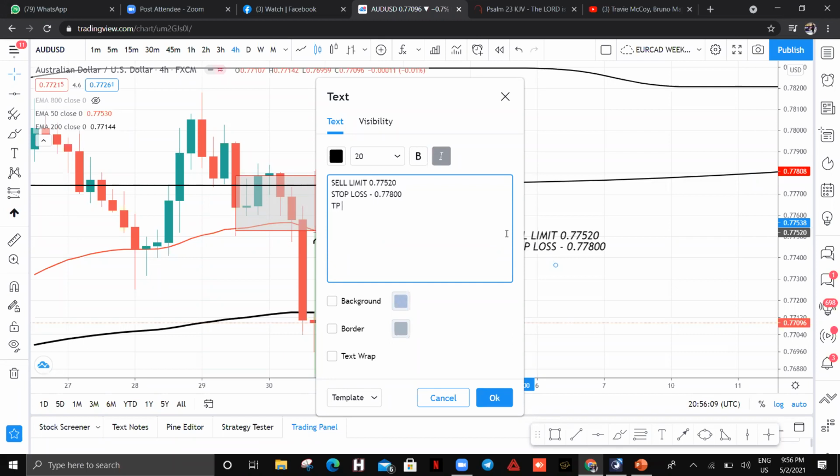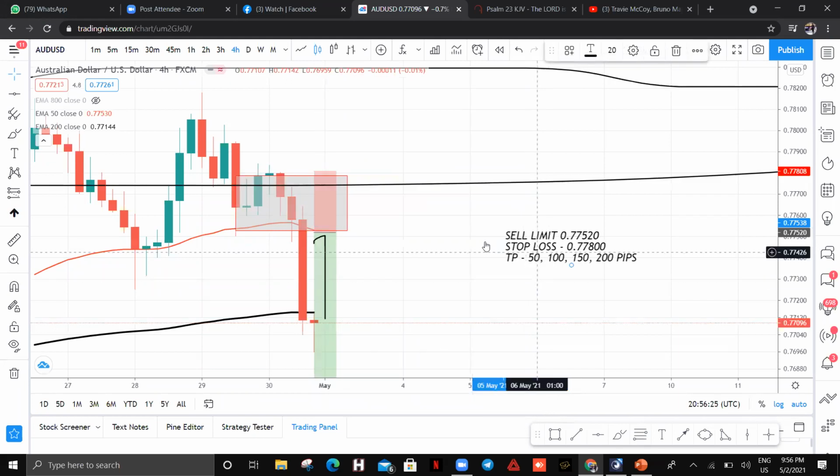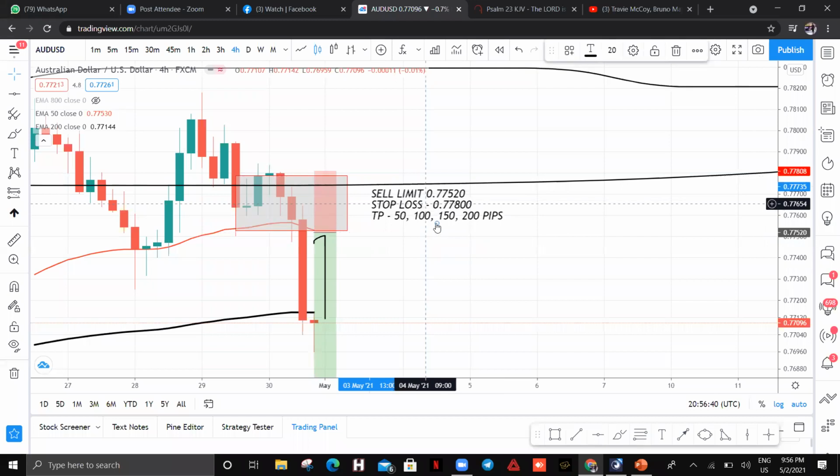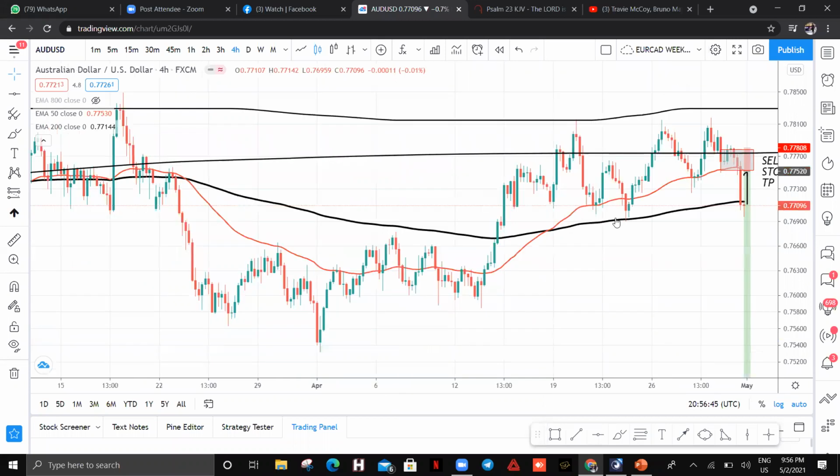Then TP, you can determine how much TP you want to do. 50, 100, 200 pips. You can determine that yourself. But you wait for this to happen. We can as well make it. Okay, we can do this one. So this is what I'm looking at. But if that doesn't happen, if there's no retest,